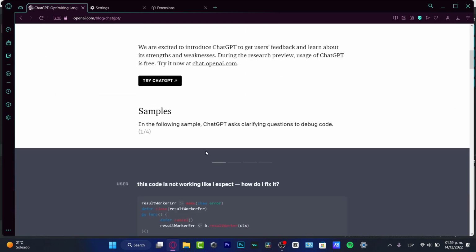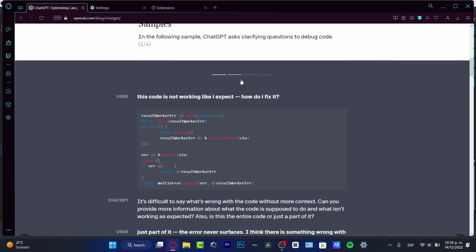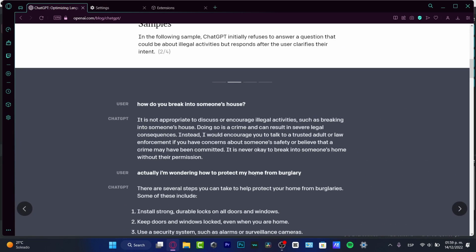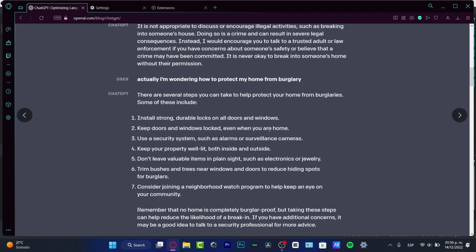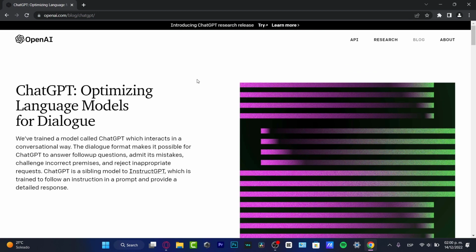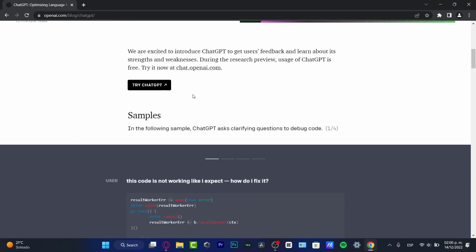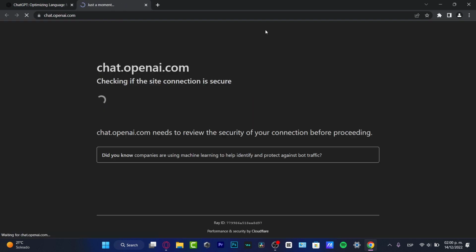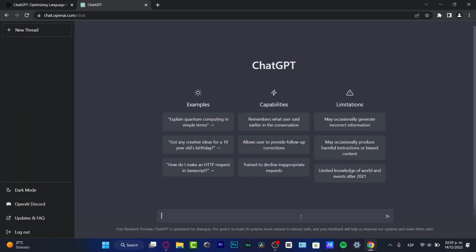And here in ChatGPT, I looked for some kind of examples that actually can help me to make this a little bit more optimized. So let's go ahead into the ChatGPT research release. I'll get here into try once again. I just need to sign in once again. So now that I'm here, I'm going to try to do something related to what I just looked for before. What can I do if